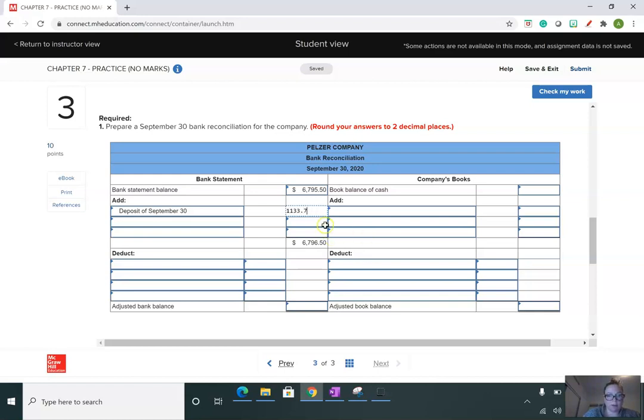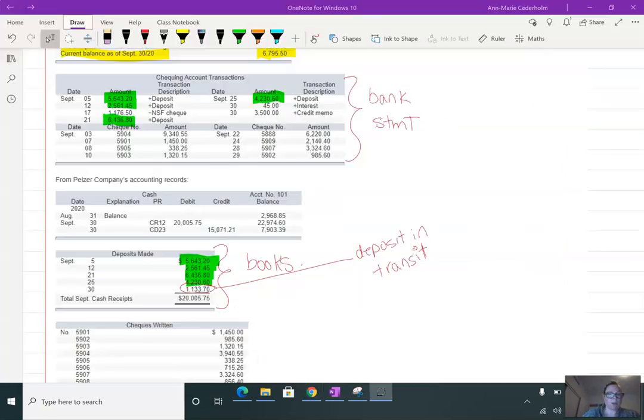33.7. So now it's just did a subtotal for me. So it's taking my bank statement balance, add the deposit that didn't show up in the bank. So I'm at 7929.2 before I look at any checks that haven't been cashed. So I'm going to start looking at the checks, and before I get started,